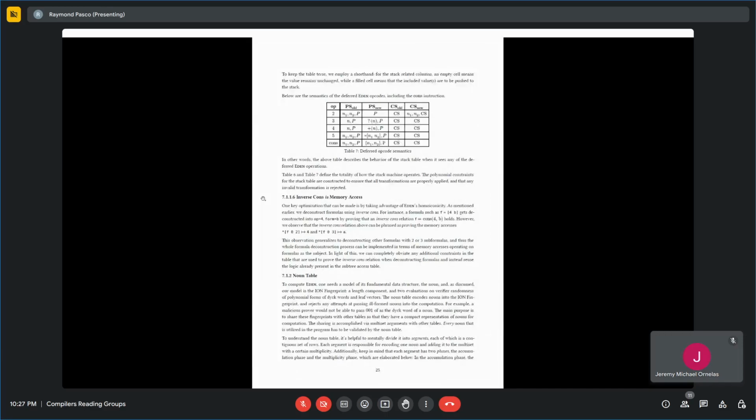Let's see. Right, inverse const is memory access. That's true. Your implementation of 0, which is like load from the subject, 0 is memory access, is going to be exactly the same as deconsting. In this case, they phrased it as: we observe that the inverse const relation can be phrased as proving the memory access, this 0, 2 and this 0, 0, 3. So you don't have to do anything additional for inverse const. Okay, here's the